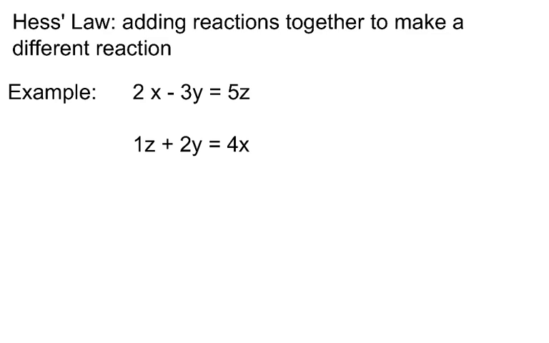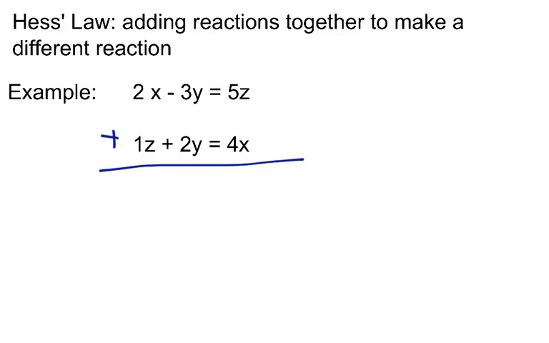Hess's law is just a way where you can add reactions together to make a different reaction. You're probably more familiar with doing this with algebraic expressions, so we'll use that as an example first. So, for example, if you wanted to add 2x minus 3y equals 5z to 1z plus 2y equals 4x, you